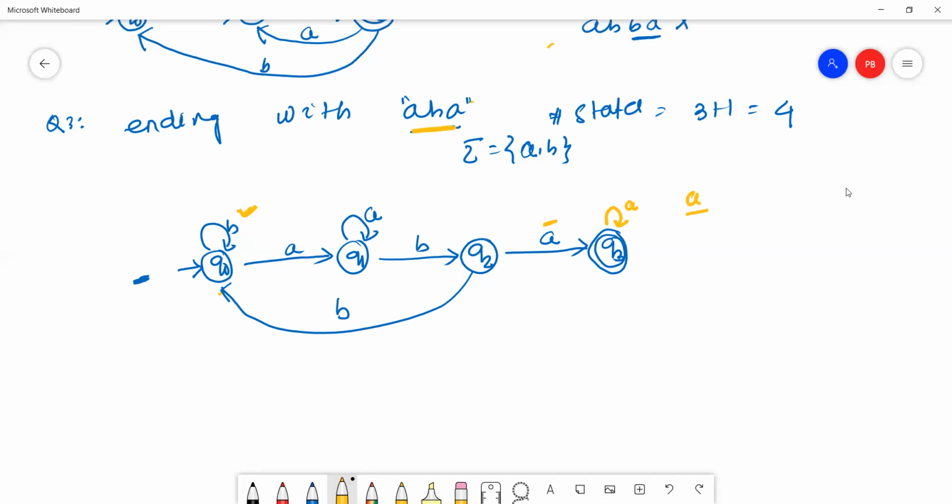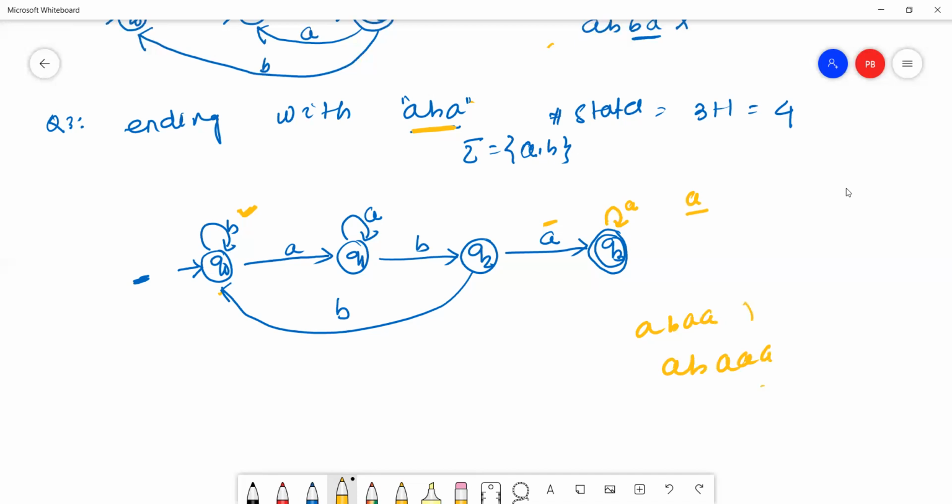If A stays on the Q3 state, the string may end with ABAA or ABAAA, like this.